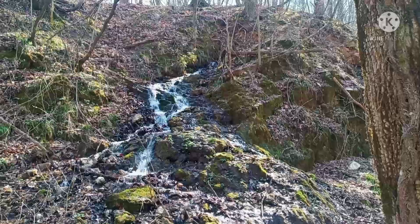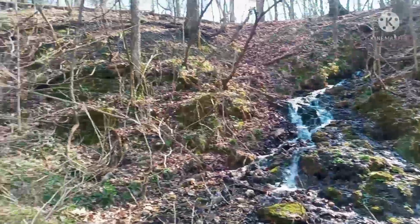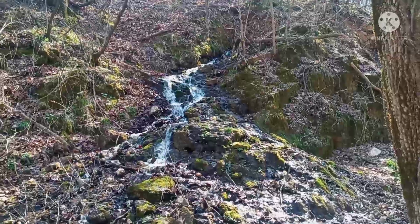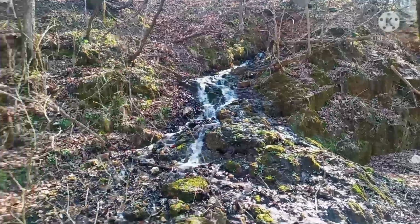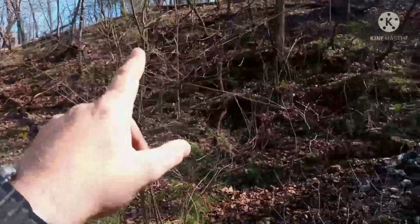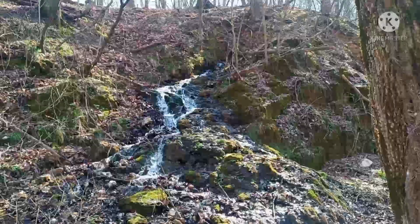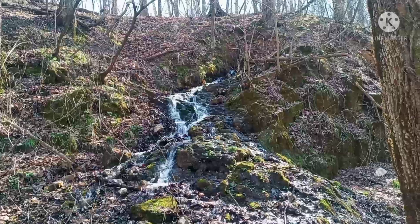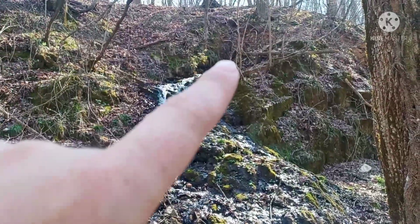Alright guys, we're back again today, and we're checking out a new spot here, and the main river channel's right behind me. There's a pretty good sized creek, and right up out of the creek bank it's a real steep bluff up, and right here this is a spring that comes out of this bluff. About halfway up the bluff there is where the spring's coming out at. Just right there is where it's coming out,